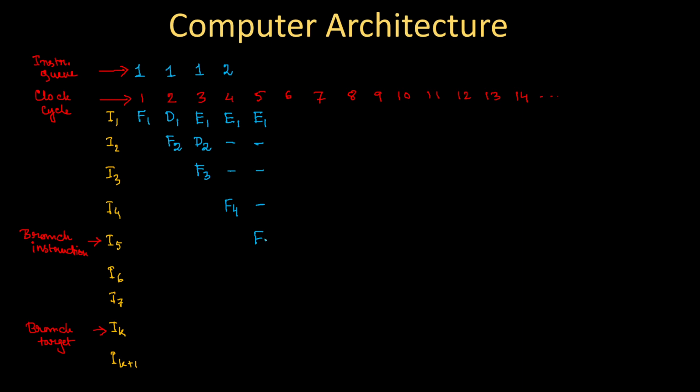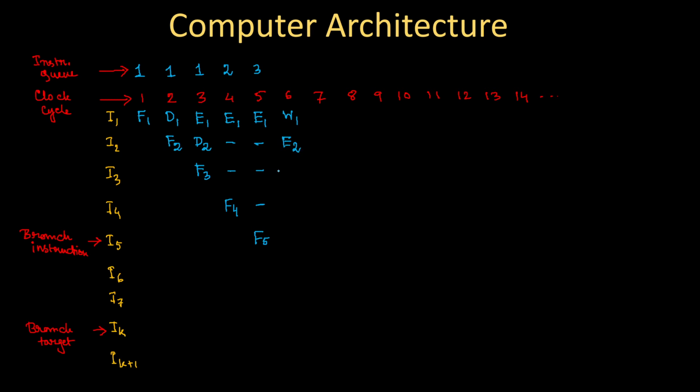And after this you see, at the same time in the 5th clock cycle, it has started fetching instruction 5, right? It is fetching instruction 5 and you see it becomes 3, right? Now after say the 5th clock cycle, suppose the execution of instruction 1 completes, so it will go for the write back stage. As soon as it releases the execution stage, the execution of I2 will start.